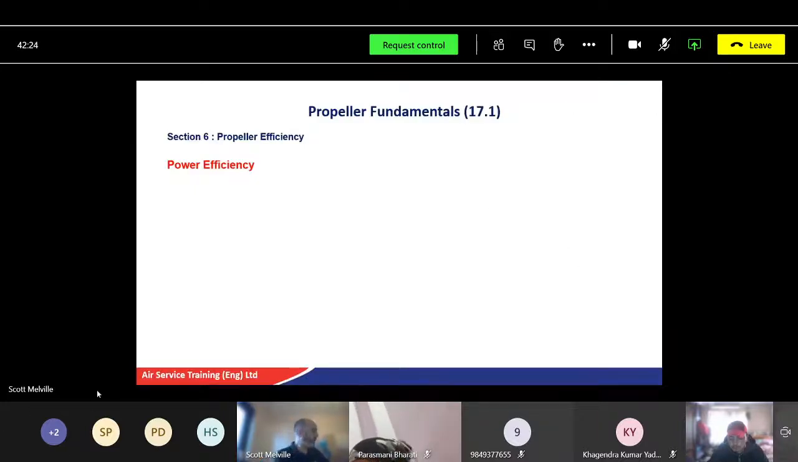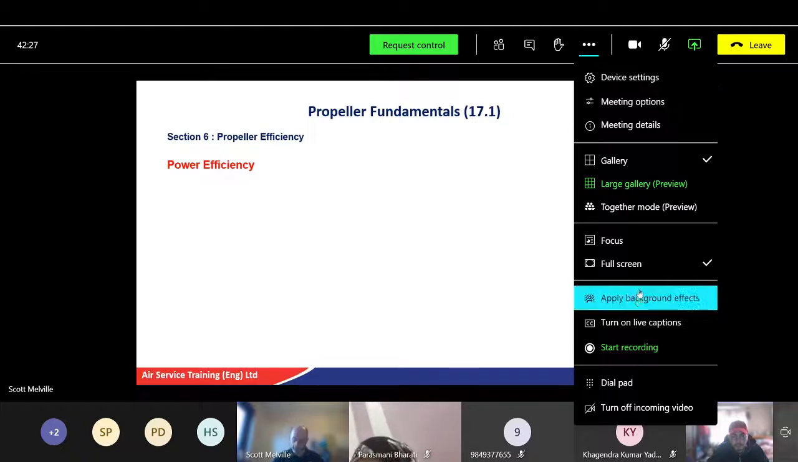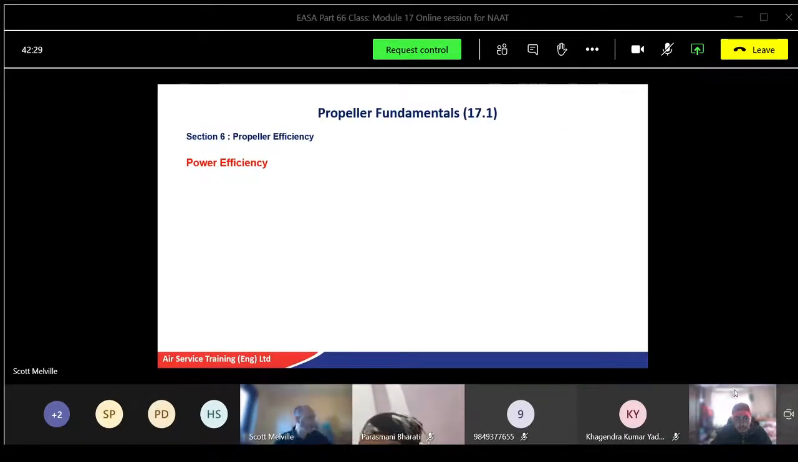So we finished off yesterday at, I think it was, basically doing gear ratios. So remember, gear ratio